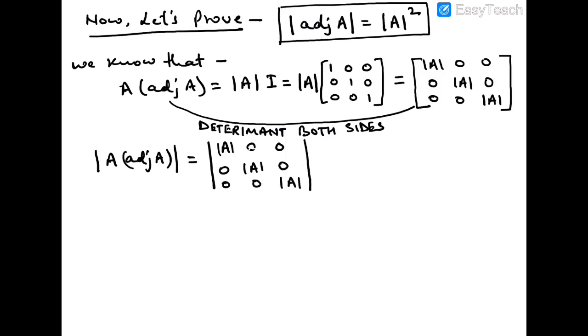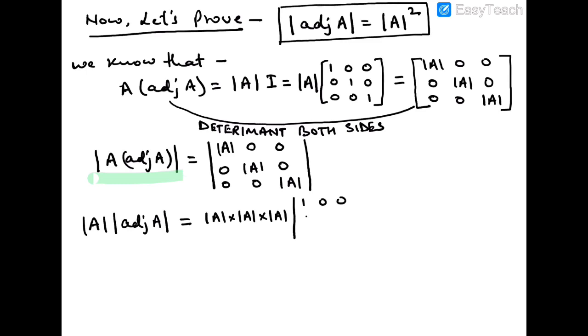Now determinant of A times adjoint A can be written as determinant of A times determinant of adjoint A. Now since it is a determinant and each row of this determinant has its own common factor, and that is determinant of A, we can write determinant of A times determinant of A times determinant of A, and we will be left with 1 0 0, 0 1 0, 0 0 1, and this is by the fourth property of determinant,